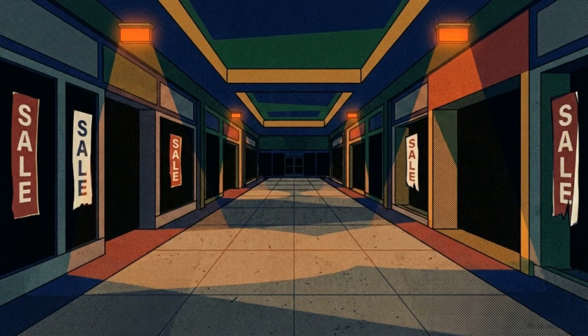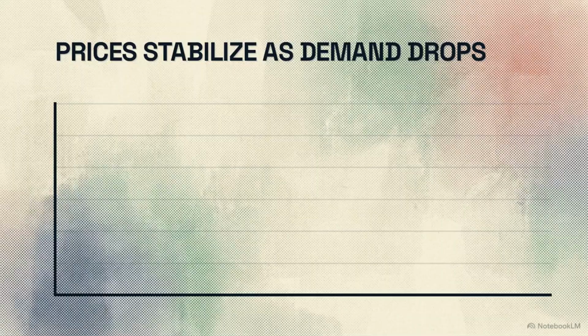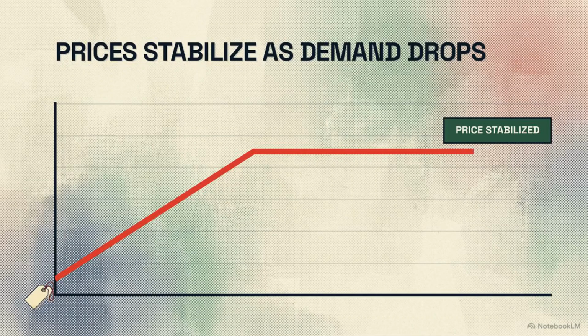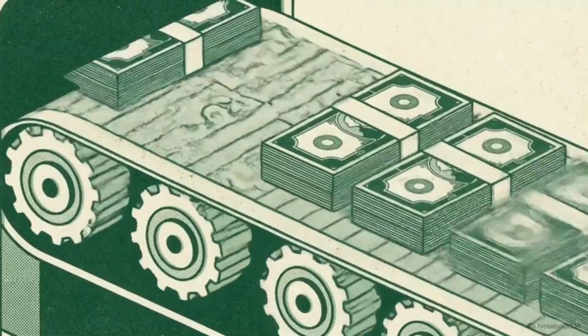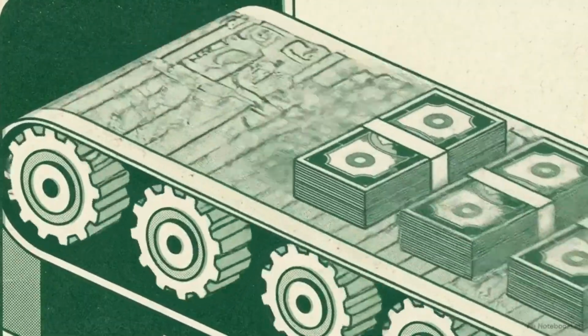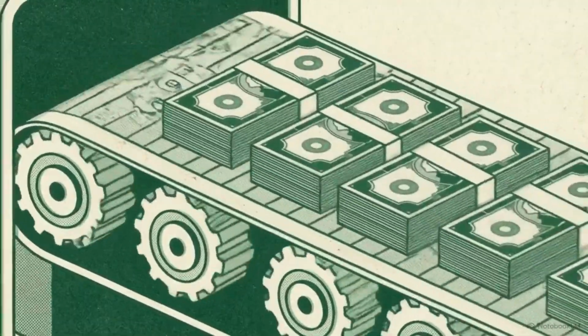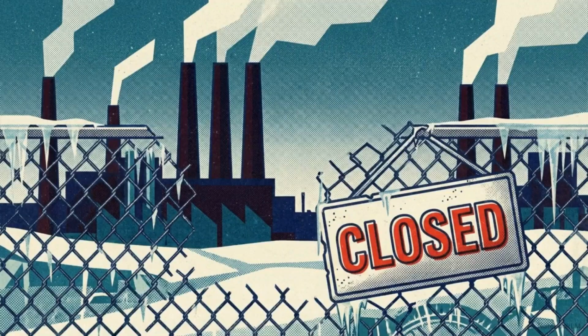As job growth stalls and borrowing dries up, consumer demand plummets. Retailers can no longer hike prices because buyers are scarce, forcing the skyrocketing costs to stabilize. The central bank intentionally inflicts this financial pain, slowing down the entire economy to starve inflation of the cash it needs to grow. On one side, you have a frozen economy where people lose their livelihoods.